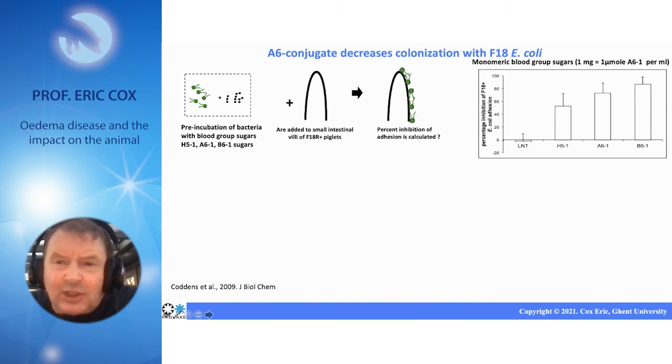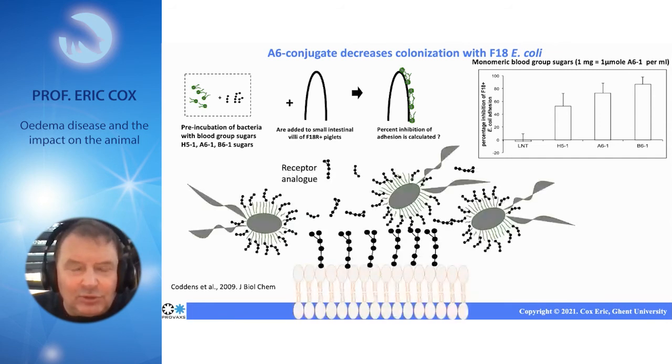And if you use them in a concentration of 1 milligram per milliliter, they can decrease colonization of the mucosa by the bacteria by 60 to 80%. This is an irrelevant sugar, and it has no effect. But 1 milligram per milliliter is a huge amount of sugar you need to use. So in vitro, that works perfectly, but in vivo, it's much more difficult when you have to use this high